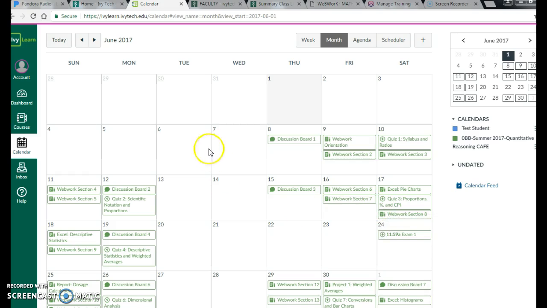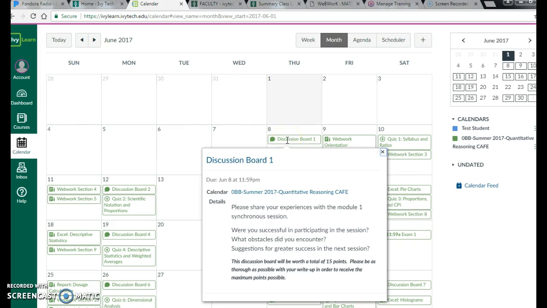but they will then show up on your calendar, all of your due dates. So my first live session in my course is on Wednesday the 7th. Notice how discussion board 1 is due Thursday the 8th, and then everything else you can see the due dates. So it's very important that you keep up on your calendar, and if you say, oh, I forgot I have that discussion board, you can